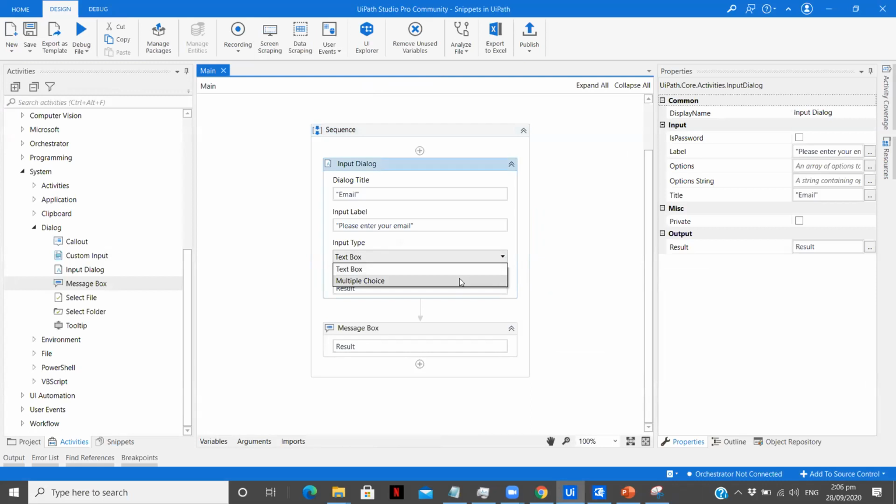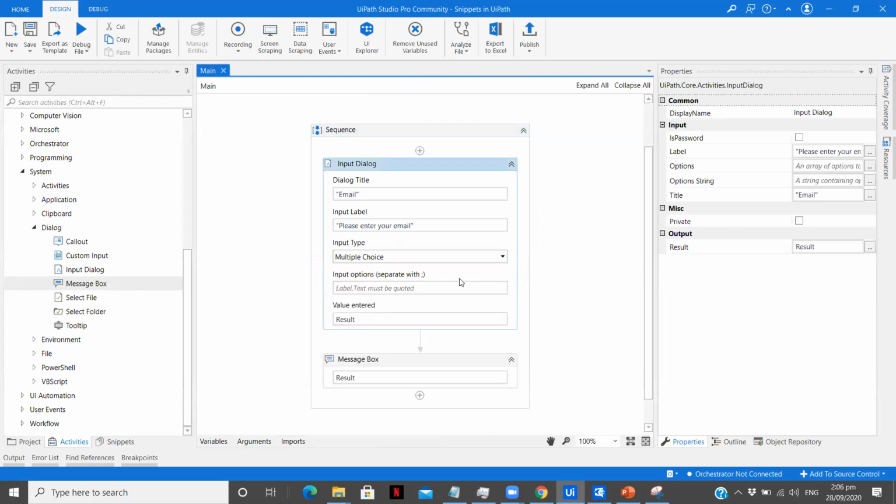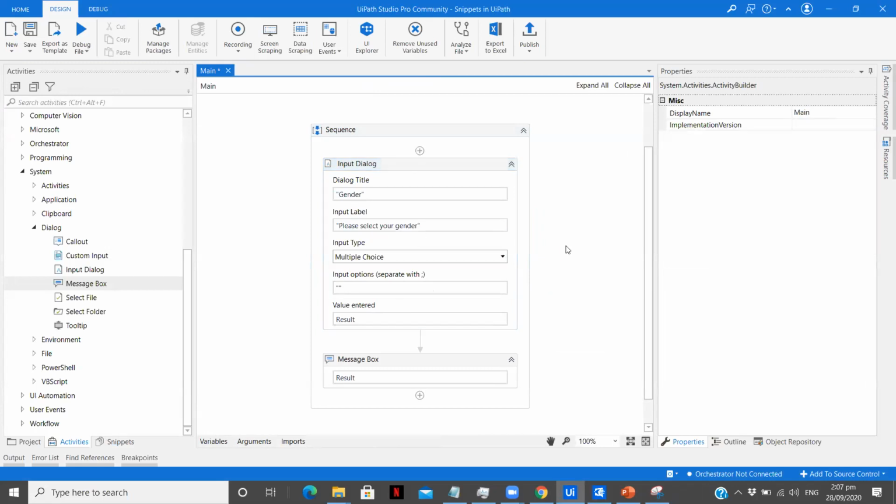Now we are going to use a multiple choice. You see input options separated with a semicolon. Here we are going to write it as gender, and please select your gender. Till now we didn't have this option to give the user multiple choices as an input.